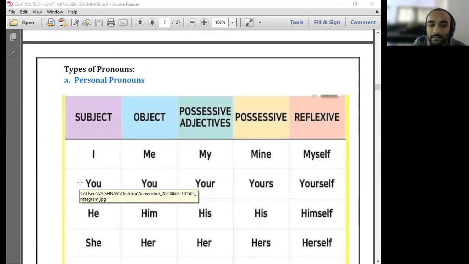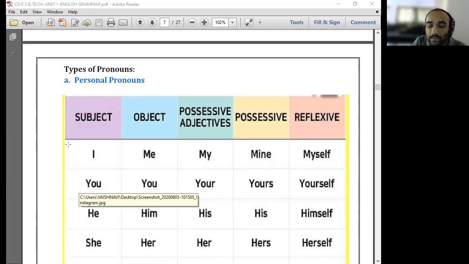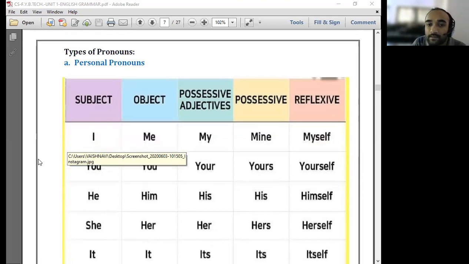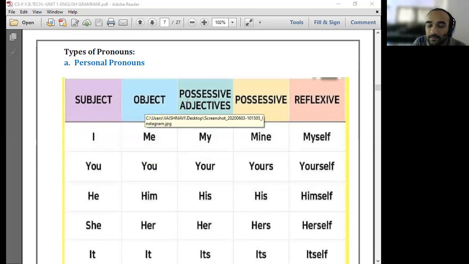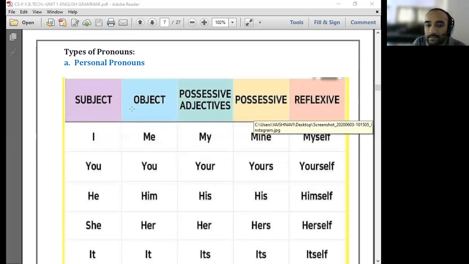Then we have seen the types of pronouns, and the first type is the personal pronoun, okay. And we have seen that different cases are there. Vibhakti pratyay, in Marathi we can call it vibhakti. So same as the Marathi vibhakti or case, we can see the different cases of the pronouns in English also. Means subjective case, objective case, then possessive adjective, possessive case, and reflexive case. These are the